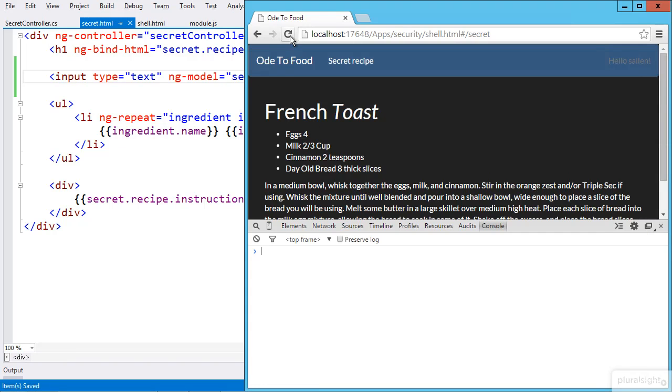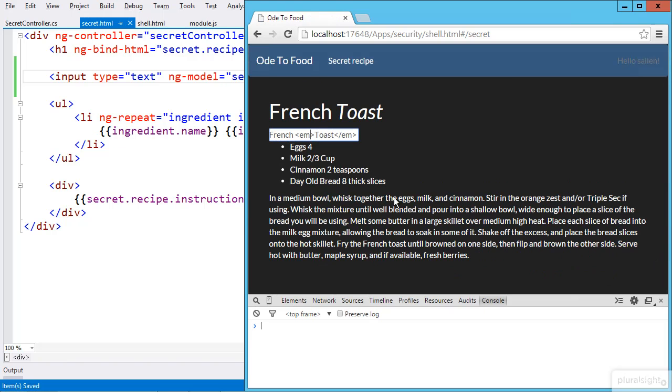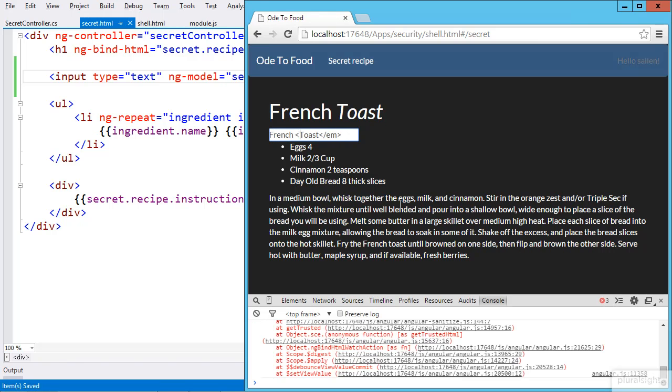So refresh this page once again. And there I can see my emphasis. So I could remove the emphasis. I could add the emphasis back in. And that all seems to work well. But what if I put, let's say, an onMouseOver attribute here? OnMouseOver equals alert. And we'll just display an alert that says hit. And now if I try this out,